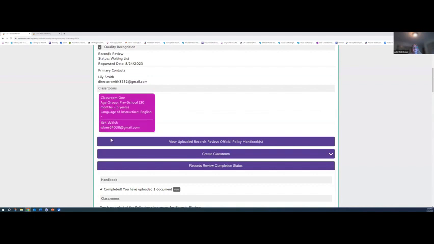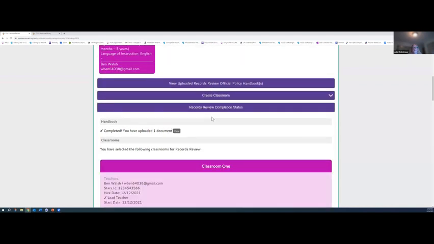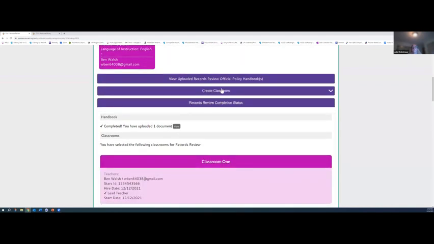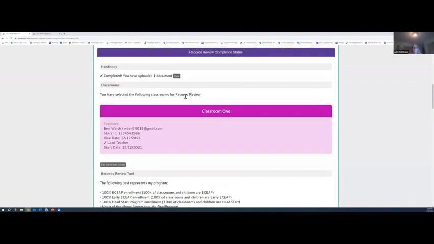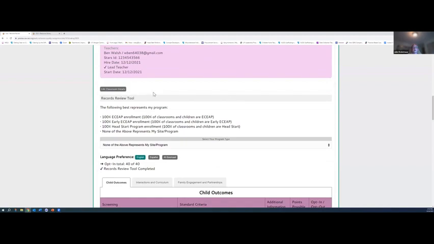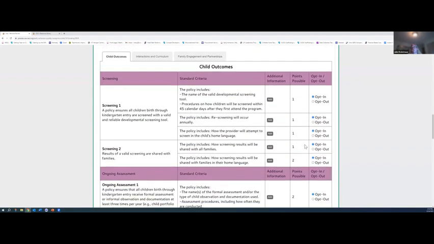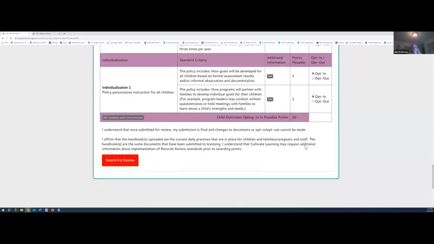So once you update, your classrooms are there. And now we've updated the classrooms, we've uploaded all of our documentation. You want to make sure that they've double checked that the documentation they've uploaded is correct. They've opted in and out of everything.